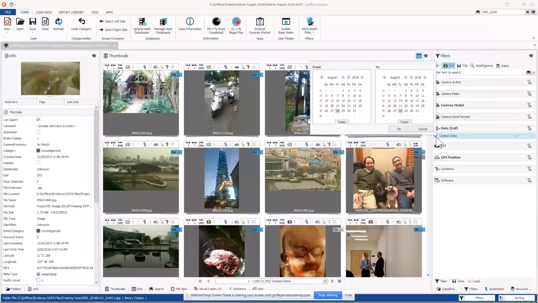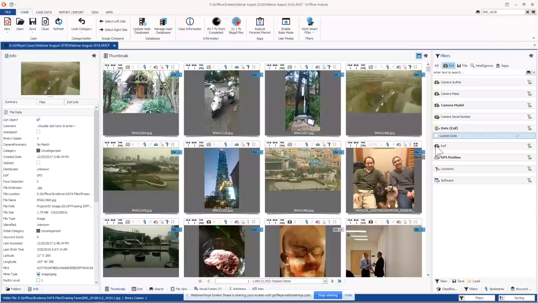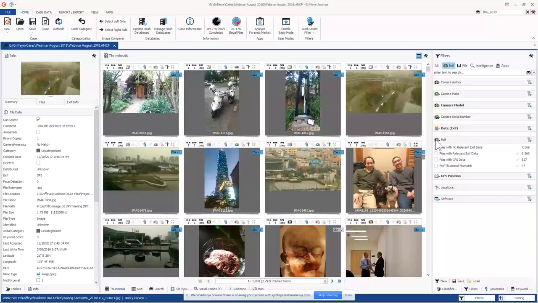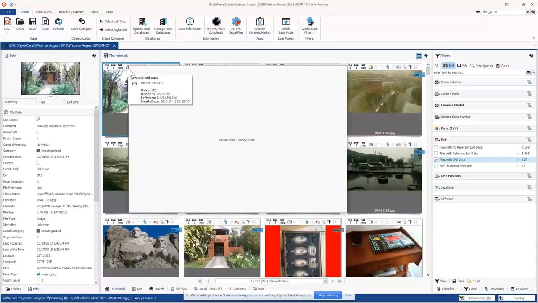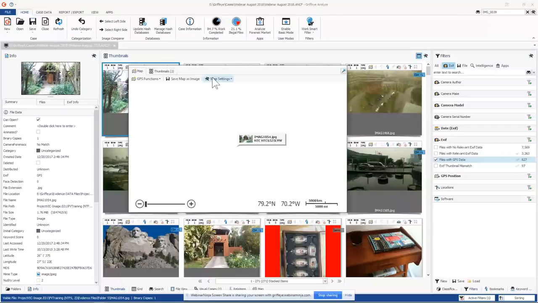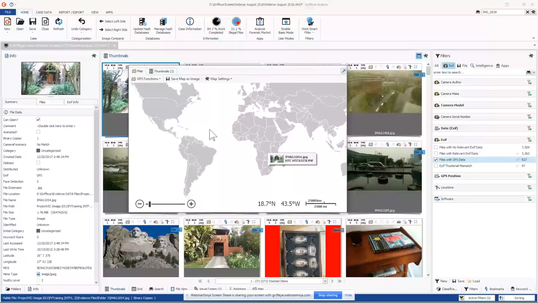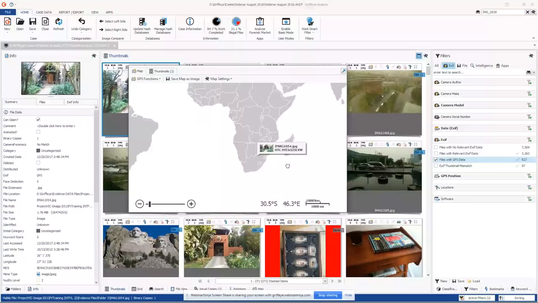One of the other ones is this EXIF filter. So it's an EXIF filter within an EXIF filter. And a couple of things you can do with this are you can show me, hey, I want to see just the files with GPS data, say, and I can see here now that my thumbnail header icon has changed, and it now is showing me, hey, this file has GPS coordinates in it. And if I have the file selected and I click on it, it brings up this window, and let me bring up my offline maps, and it shows me exactly where that photograph was taken.